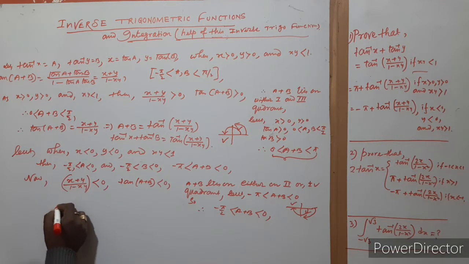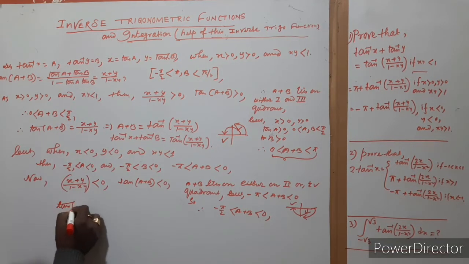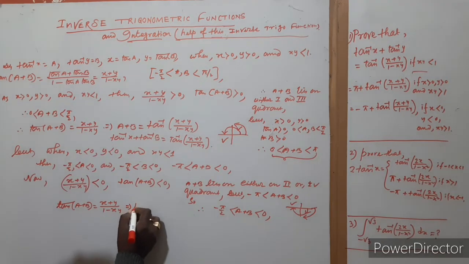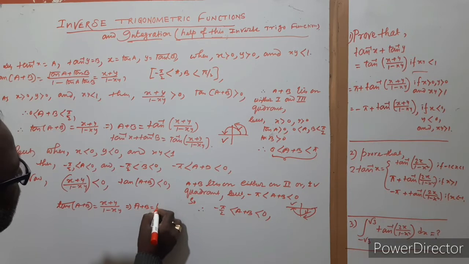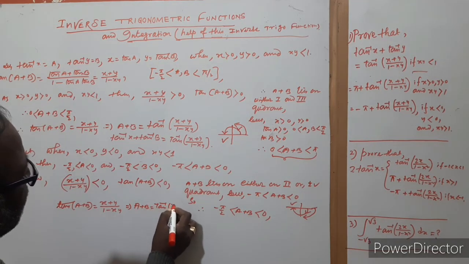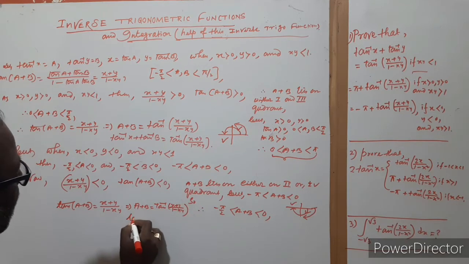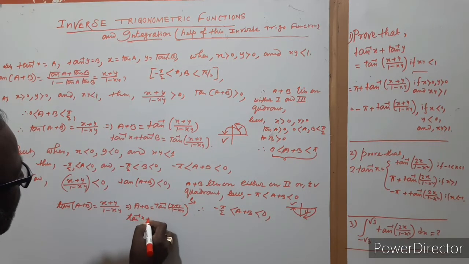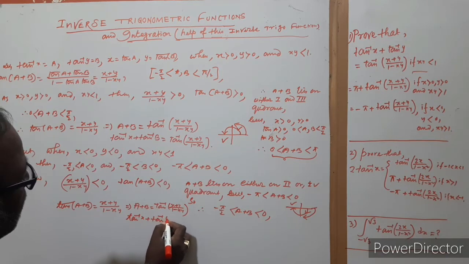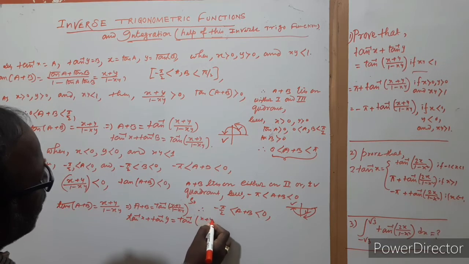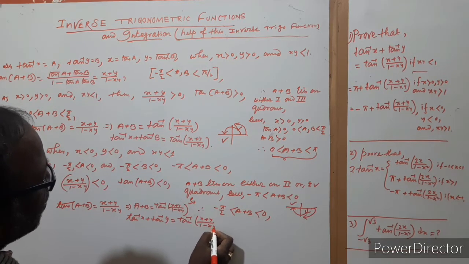So that's why we can write here a plus b is equal to x plus y by 1 minus xy, which implies that a plus b is equal to tan inverse of (x plus y by 1 minus xy), and that is equal to tan inverse x plus tan inverse y is equal to tan inverse of (x plus y by 1 minus xy)